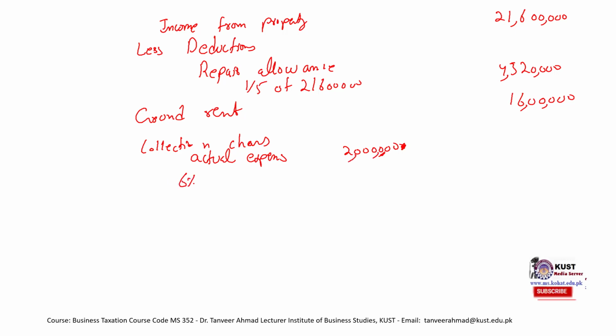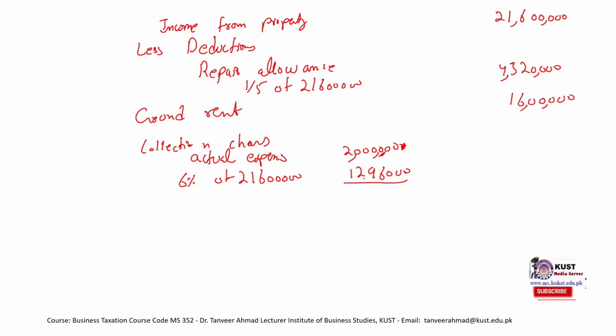And 6% of this 216,000,000 is 1,296,000. So which one is lesser? Obviously, this amount is lesser. 20 lakh was actual expenses and the 6% is 1 lakh